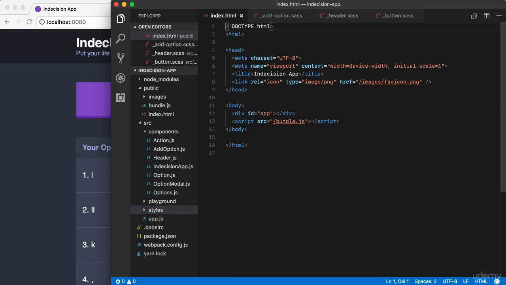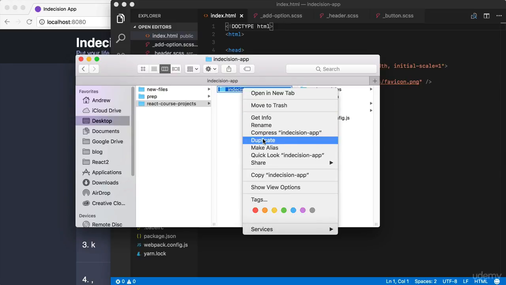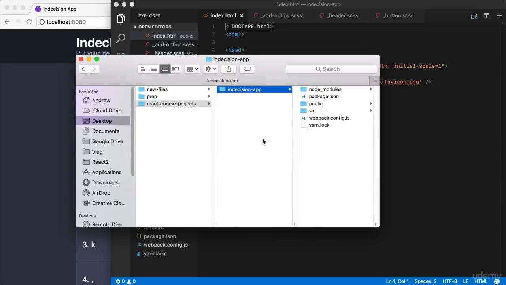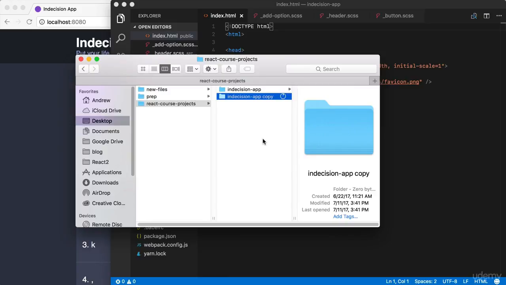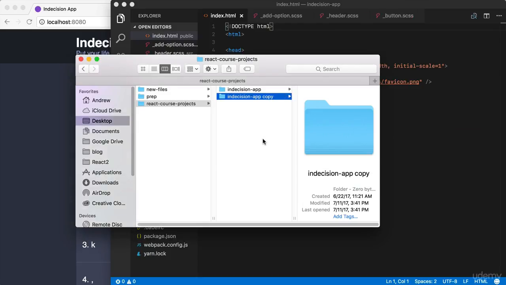So what are we going to do? Let's go ahead and clone this folder and start gutting it. I'm going to do that via the Finder on a Mac. Feel free to use the tools available to you on your operating system. You should be able to just copy and paste it. Otherwise, you can look for some sort of duplicate option. Now, once we have the new folder in place, we're going to go ahead and rename it and start gutting it. We can call this one right here, Expensify